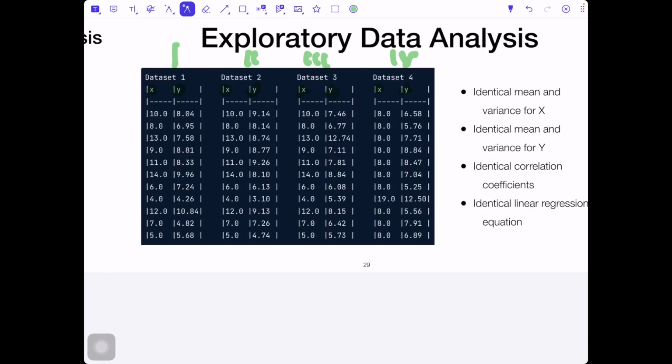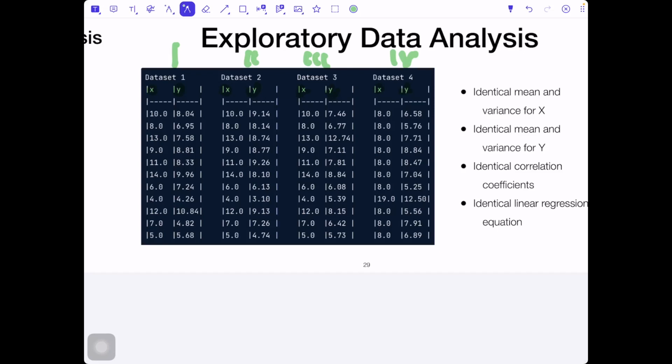The line which we fit in all our 4 data sets is the same. So the mean values, the variance for both features X and Y, the correlation coefficients are the same. So we can make a conclusion without doing anything else, just applying statistics: we have 4 identical data sets.